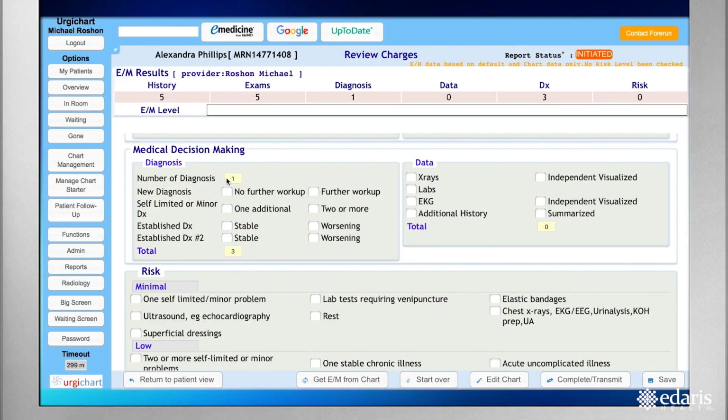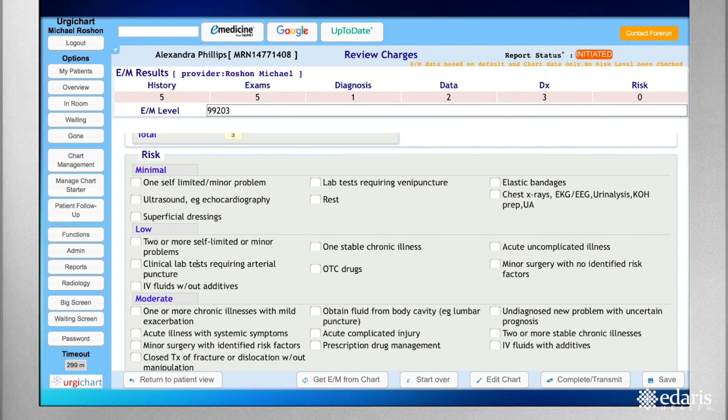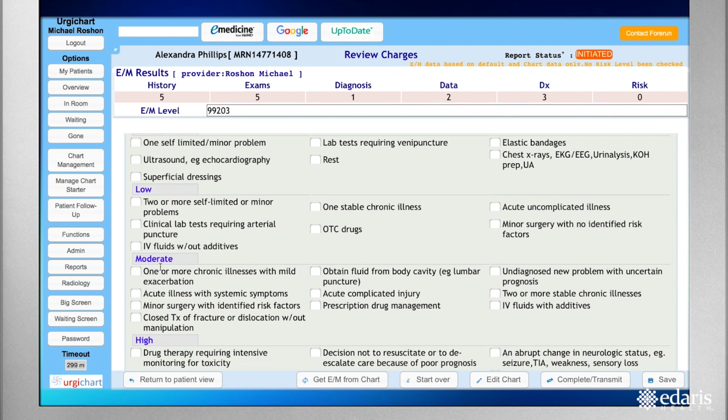So in this case, there's one diagnosis that's a new diagnosis. We didn't order any labs or x-rays. If you know that you got additional history from a PCP or you independently visualized an EKG or some other notes, you can add that data here. And then we ask you, what's the risk here? Is this a simple case, low, or moderate? And again, you can decide exactly how you want to do this. So if you gave this patient prescription drug management, for example, that's easy to document here,